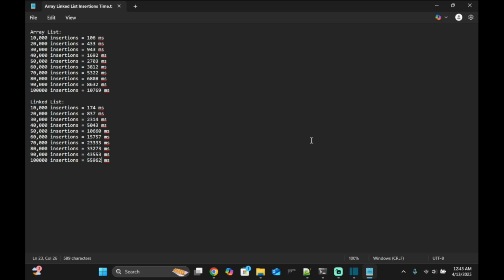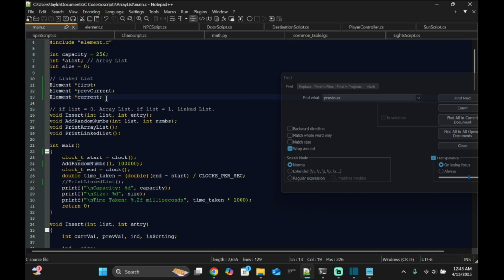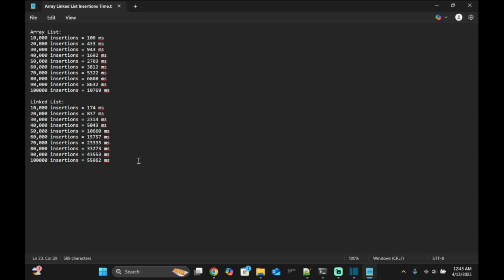Okay, now we're back, and we've gotten the results of doing up to 100,000 insertions, and it's not looking good. It's actually increasing at a rate even faster than exponential. And that's even with us making some changes to make it not use up as much memory. So this kind of proves that array list is the better option when you're doing C programming,